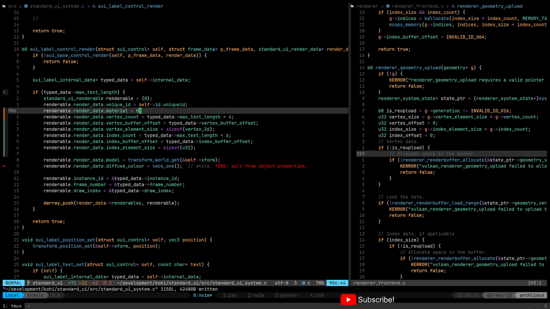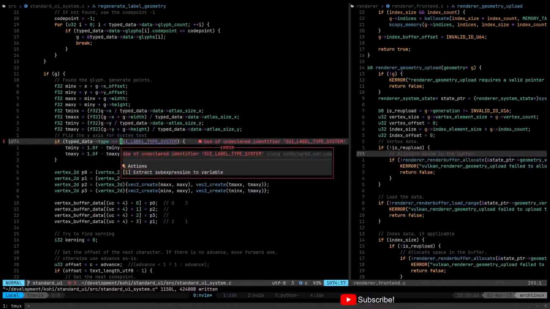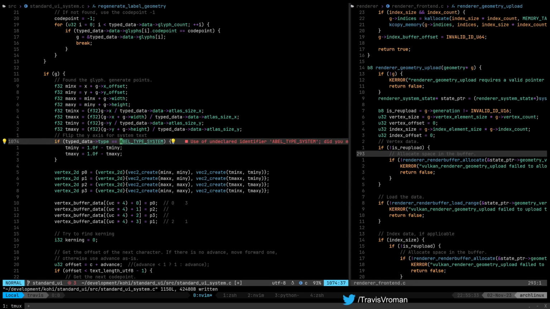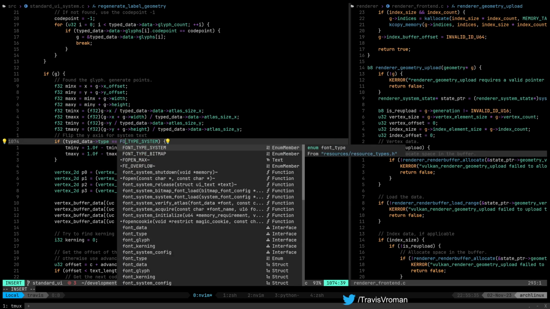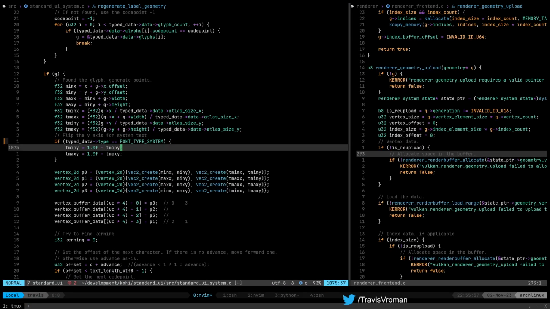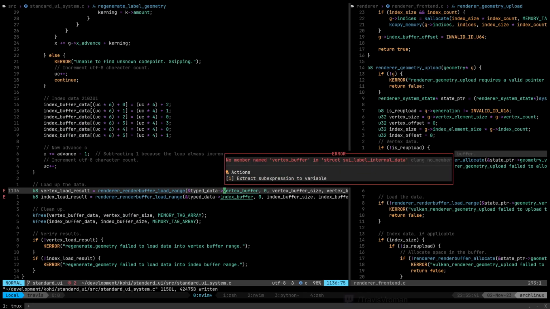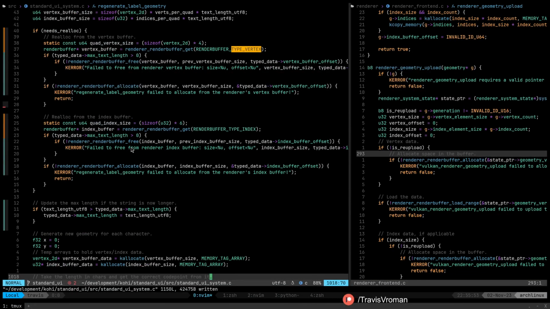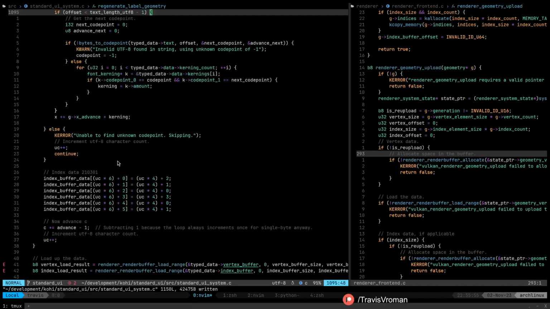Do we have any more errors in this file? We do. This should be label type. Label type? Font type? Yeah. So use that. Okay. Regenerate geometry. Okay, so this was something we missed. So we resize here, but we actually have to upload that data.